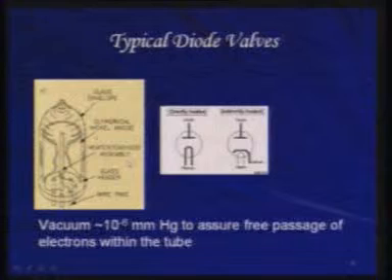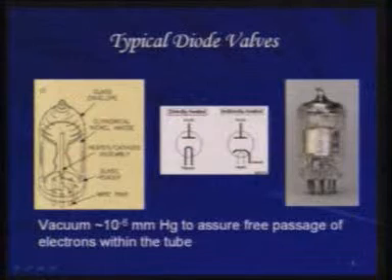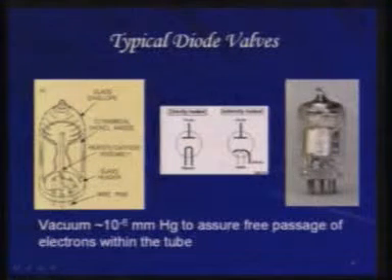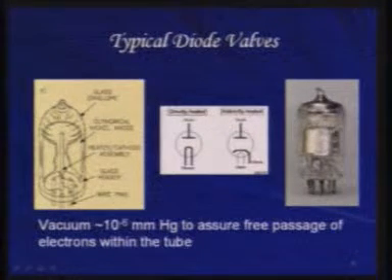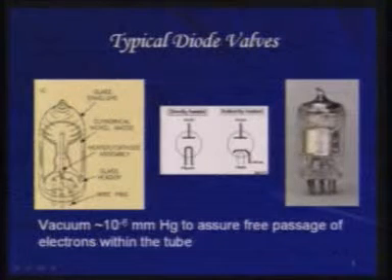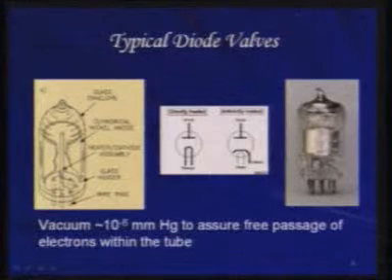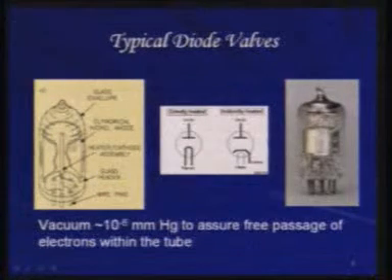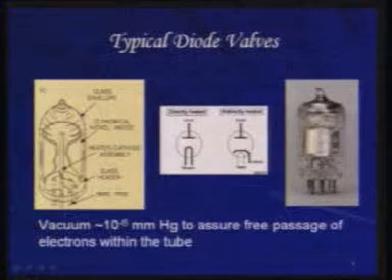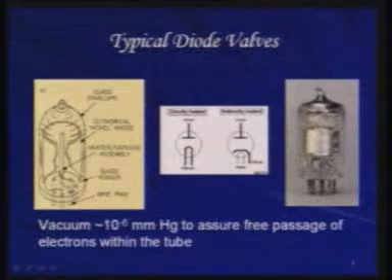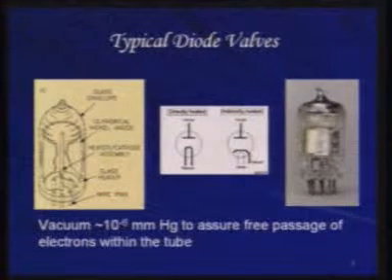A typical valve, if you see, is a kind of glass encapsulation. You can see it here also. This is how the valve looks in real life. This is a photograph of one of the diode valves. In this case, essentially you have a glass encapsulation in which you have various electrodes, the one that I was talking about, the heater or the cathode assembly, and then here you have a cylindrical kind of thing which is going to attract all those electrons, which is the anode, and here through this vacuum some contacts are brought out to the outside.